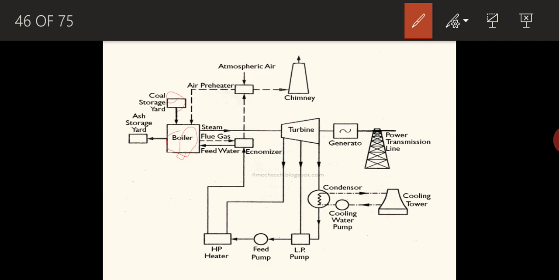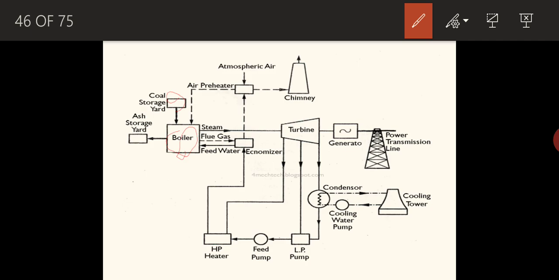That steam system we can separate into three circuits. One is the steam circuit: how steam is produced from the boiler, where the steam is going, how energy is produced, the power side we can say. The second circuit is regarding the flue gases. After combustion, the flue gas will be passing through the chimney and so on; how the flue gas circuit goes, that also we have to discuss. Then comes the water circuit. For producing the steam we require a continuous supply of water, so there will be a water supply line also. If you separately think about these three circuits and club them together, then you will have the layout of the steam power plant. So I will start with the boiler.